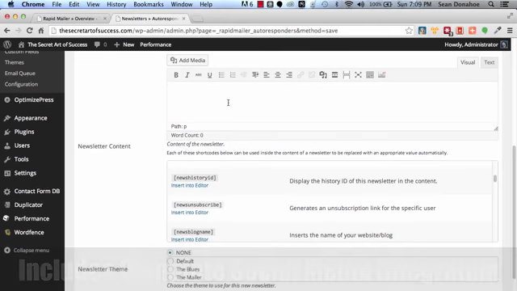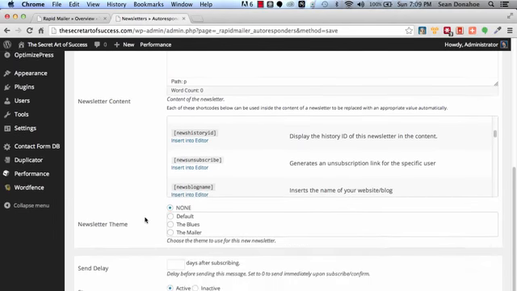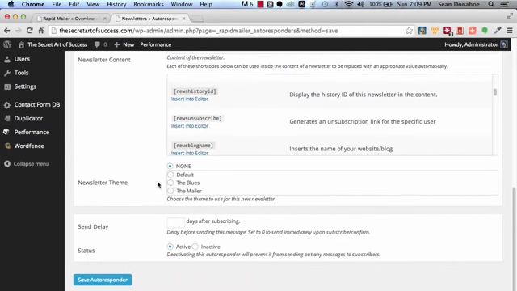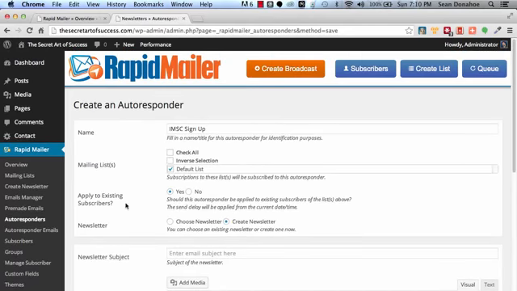You can embed images and media right in your email. You can set up which template you like to use, how long do you want it to be before they get it. So 0 is for the first one, and you can make them active and inactive, and boom, you're done. It's as simple as that. You can also manage your